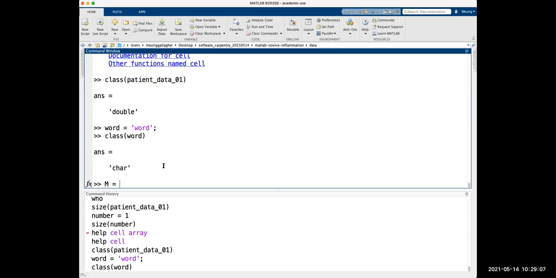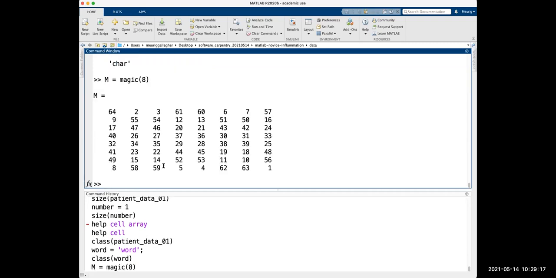So we're going to start by creating a matrix we'll call M, for matrix. And we're going to use a MATLAB function that's called magic. This creates a magic array where all the rows and all the columns add up to the same thing. This is just a fun little maths thing. You don't need to worry about where that comes from. We're just using M as an example here. So you see we've got all these different values, and maybe we want to just access this one value. Maybe we're particularly interested in how to get to this value and maybe do something with it.